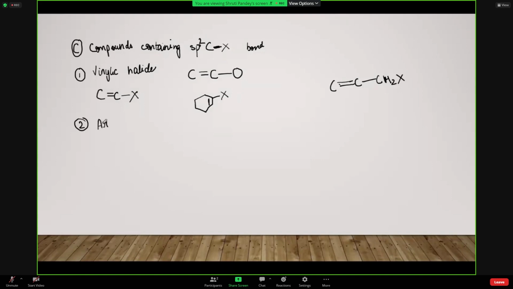और सेकेंड कैटेगरी जो इसकी आती है, that is the aryl halide, जिसमें कि क्योंकि एराइल आ रहा है इसका मतलब है कि एरोमेटिक कंपाउंड होगा, बेंजीन रिंग भी इन्वॉल्व होगी. ठीक है, तो हाइड्रोजन is directly bonded to the sp2 hybridized carbon atom of an aromatic ring. ठीक है, जरूरी नहीं है बेंजीन रिंग हो, it can be any aromatic ring. ठीक है, तो for example हमारा बेंजीन रिंग है,